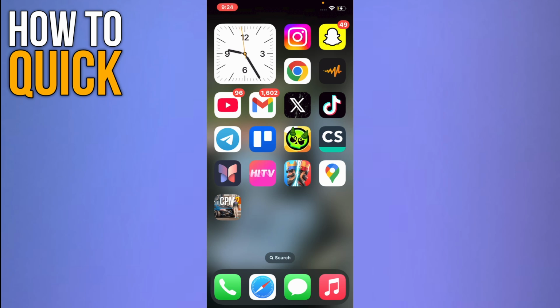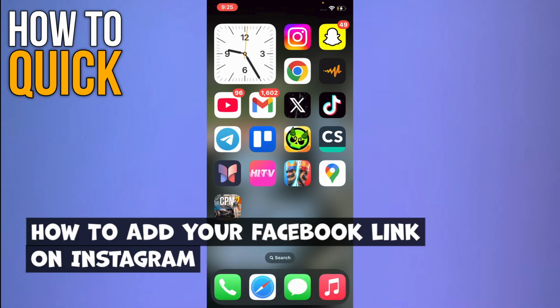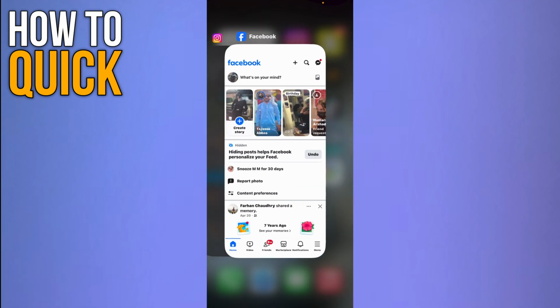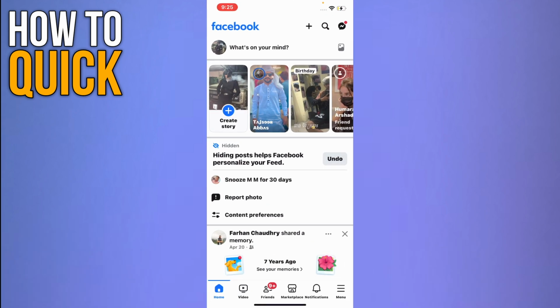In this video, I am going to show you how to add your Facebook link on Instagram. So first of all, you have to open up your Facebook application. On your Facebook application's main interface, you have to tap on your profile icon that is present right above the